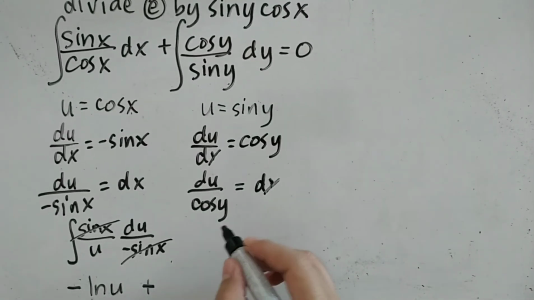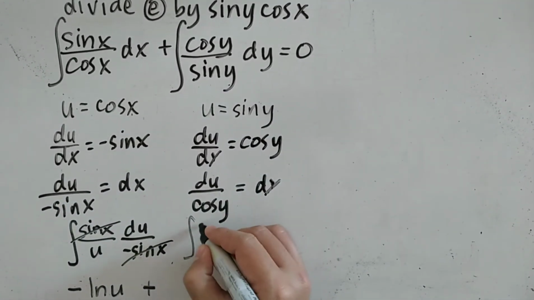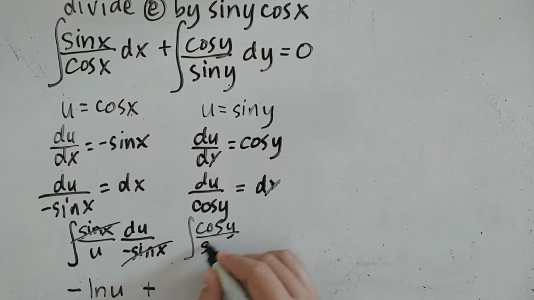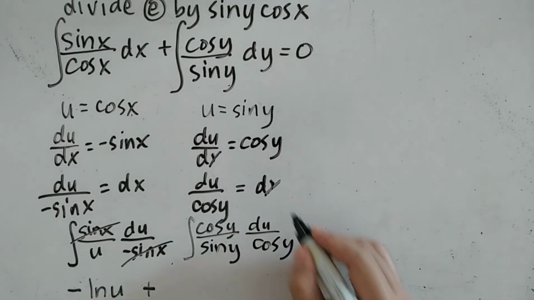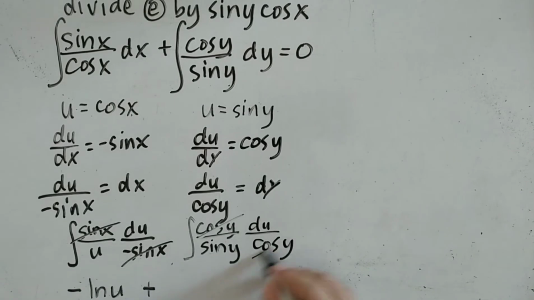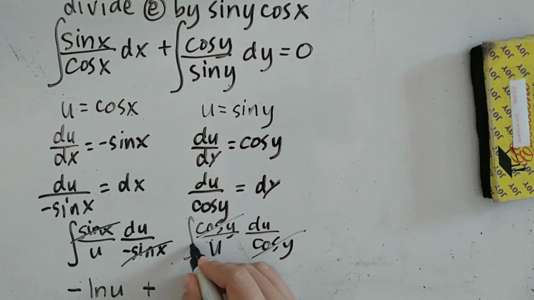Here we can substitute for dy, du over cosine y. So we have the integral of cosine y over sine y dy, which is du over cosine y. In this case, cosine y cancels out, and we have the integral of 1 over sine y du. But sine y is equal to u. So I'll just substitute it here so that it becomes clear that this is a case of the log rule for integration. So the integral of 1 over u du is equal to ln of u